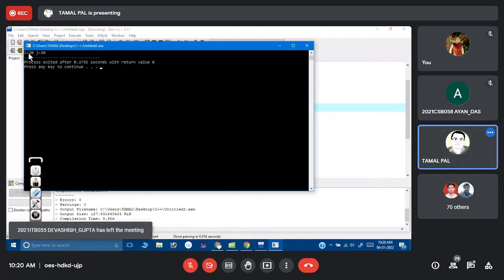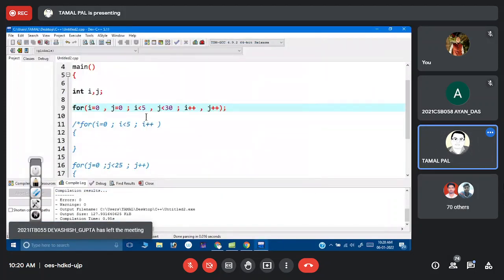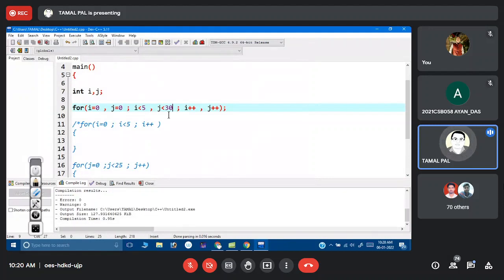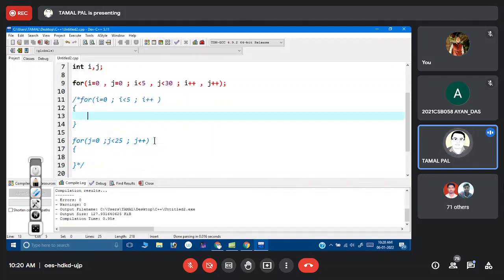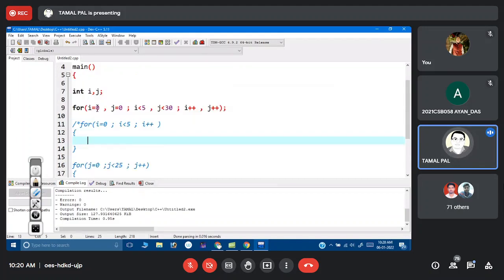Exactly. Since we have kept it inside a loop, it is accepting the maximum number of iterations. Even if this condition is false, it cannot stop this variable from being incremented. That is a special type of case. I never have experimented using this. But okay, thank you for citing this example because it has something new to learn actually.